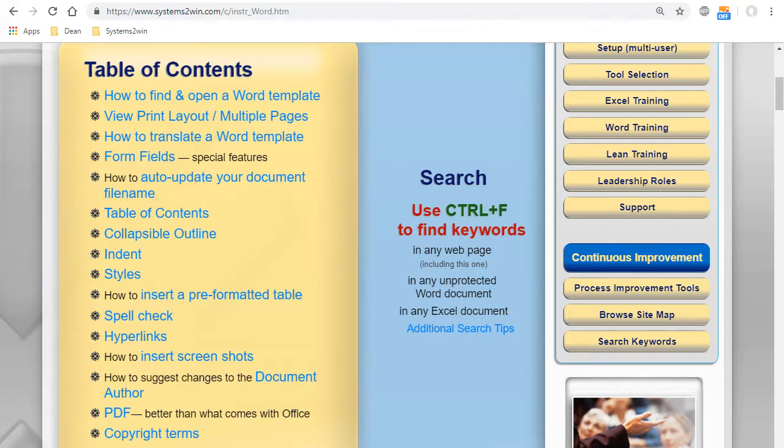There's also a section that you can review on your own for how to translate a Word template into any language. Let's skip over that for now, and let's now learn how to use Microsoft Word's features for form fields.